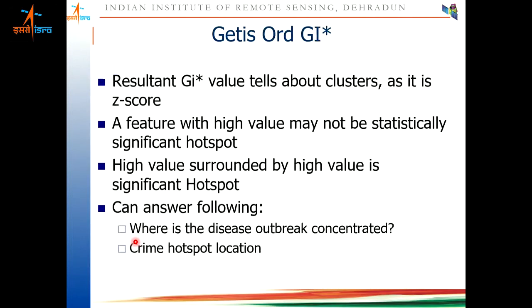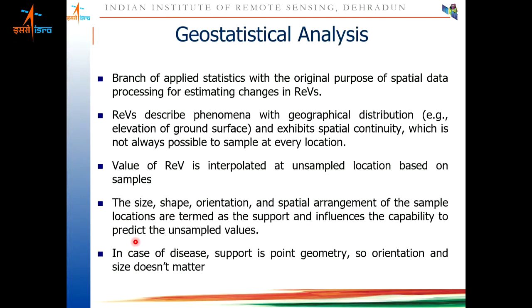So now I will quickly go to another method of finding out risk mapping, finding out risk or percentage or probability of occurrence of disease at some particular location, or probability of having pollution level more than some particular threshold at some particular location. So that is called risk mapping.